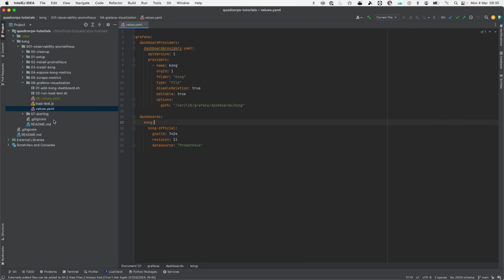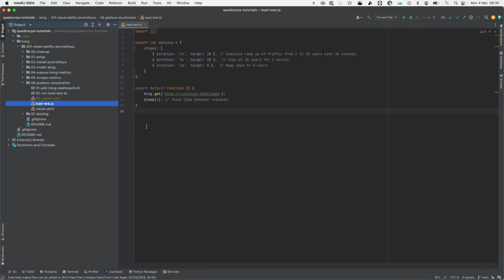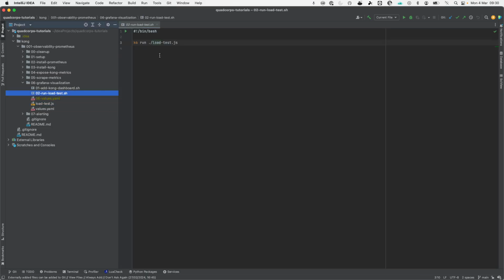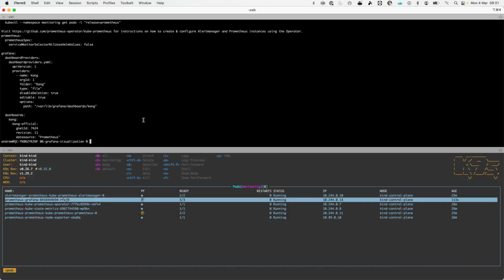What we're now going to do is run a load test. I've written a simple load test with K6. So here's my load test. It is effectively going to run for 2 minutes, and it's going to increase to 20 users. It's then going to run that for 5 minutes at a static rate. And then it's going to ramp down to 0 users for the next 10 minutes. I've got a nice helper script which runs that for us. So let's start running that. We'll then jump into that dashboard and start seeing some metrics coming through. So if I run that,